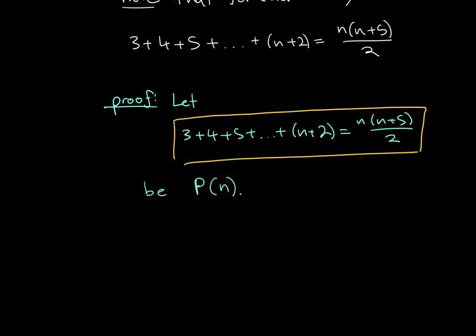Okay, so that's a statement P of n. That's what that says. When we see this P of n, what we see is this statement right here. It's an equality. It's a proposition. We hope that it's a true proposition for each natural number n. We need to show